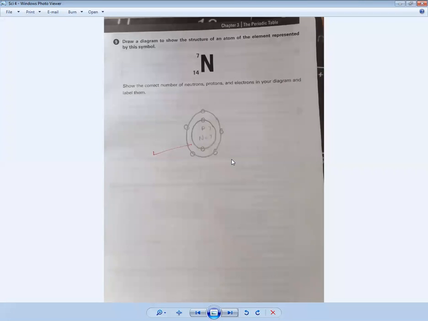Then the second characteristic for atomic number is that atomic number is taken according to proton number. Okay, so the number of protons inside the nucleus is always equal to the atomic number. And mass number is given by the number of protons plus the number of neutrons. So protons have positive charge, neutrons have no charge, and they both are present in the center of the nucleus. So when we count them, they make the mass number. So keep in your mind, atomic number is always equal to proton number, and mass number is always equal to protons plus neutrons.